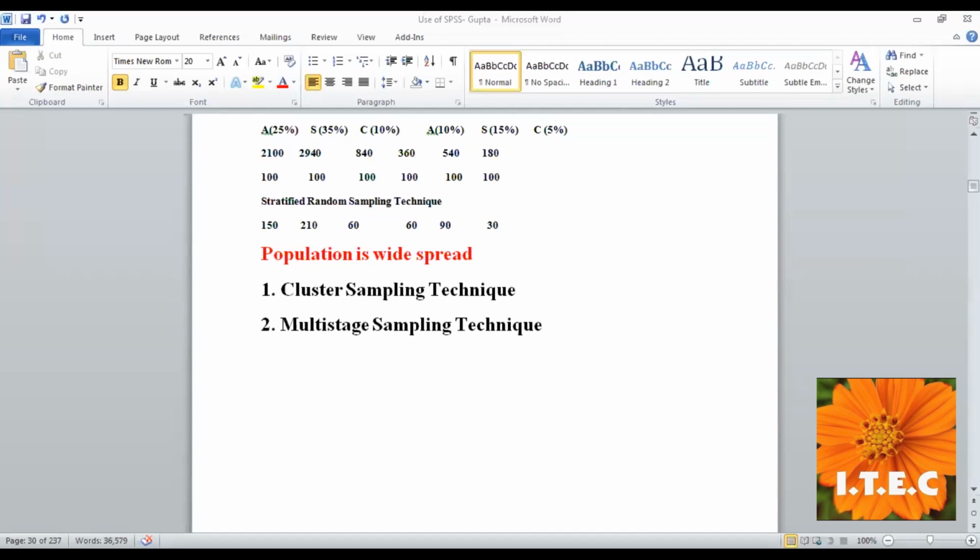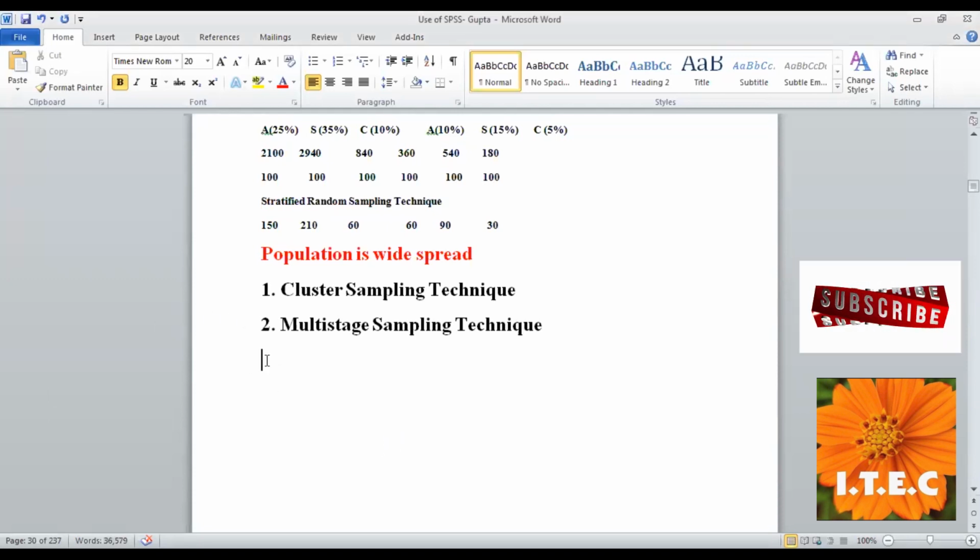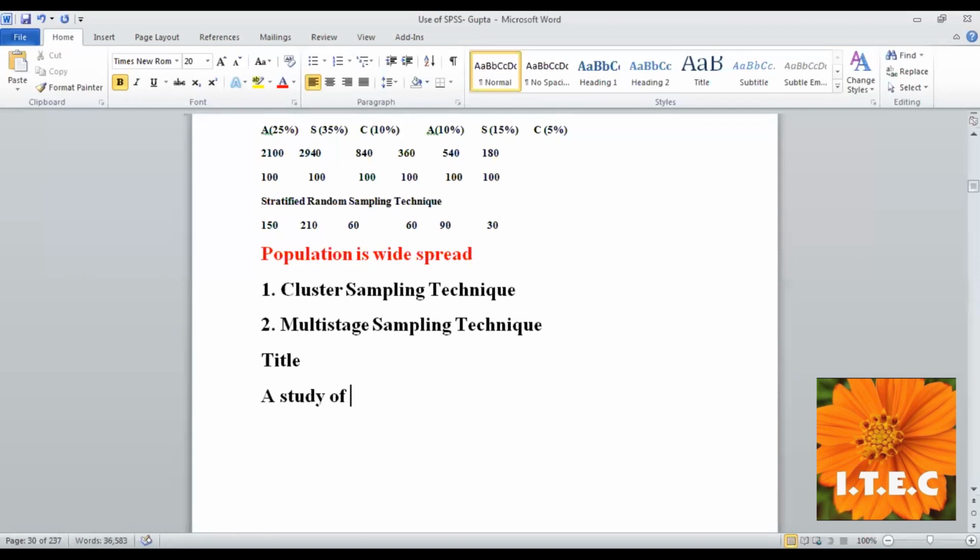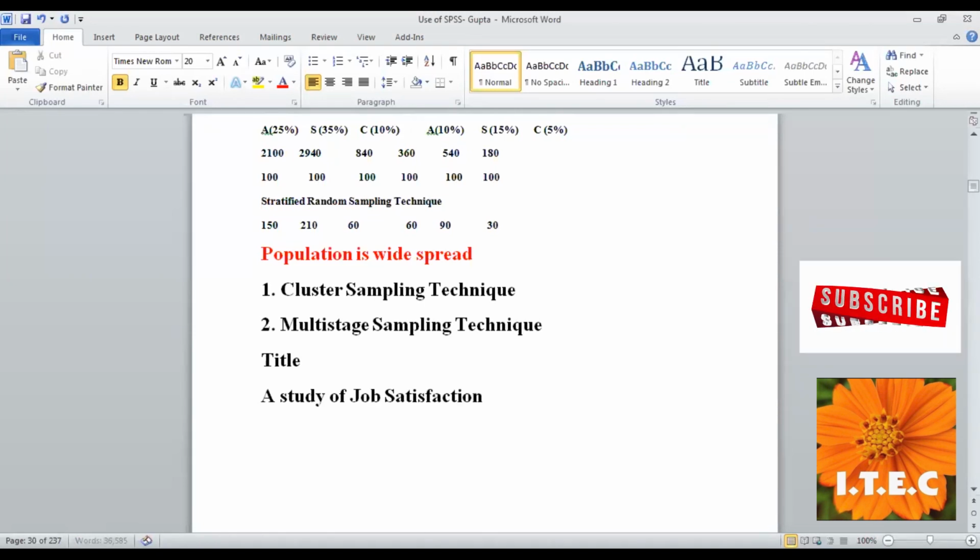Let us try to understand that. My dear friend, you have understood that the random sampling technique can be used with stratification. So let us write a title: A Study of Job Satisfaction